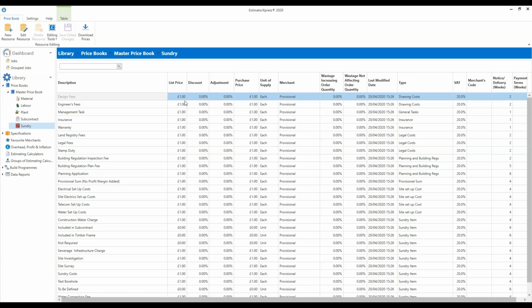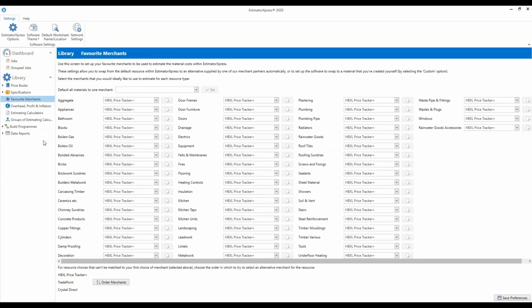Okay, so that is the price book covered. I know it's been a bit of a whirlwind tour, but there was one other section of the software that I wanted to show you, which I've referred to already, and that's favorite merchants. So if we look at the navigator, a couple of lines down, we've got favorite merchants. It's got the star icon next to it. If we click on favorite merchants,